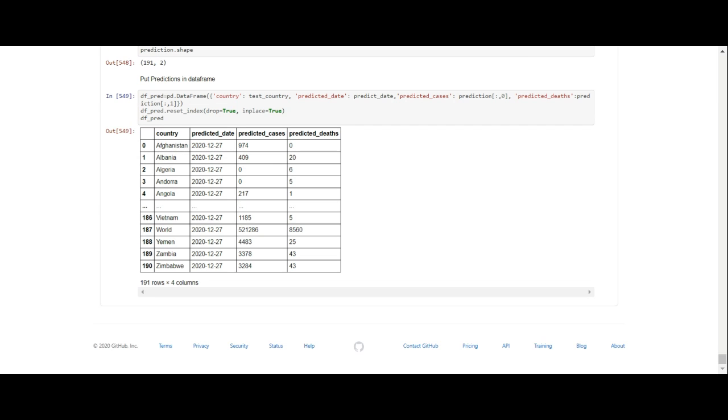Now we want to put our predictions in a data frame. We created a data frame for this purpose. The data frame has country, predicted date, which is today, 27/12/2020, and then predicted cases and predicted deaths. So tomorrow you can go through the data set and compare the predictions we made today with what actually happened.